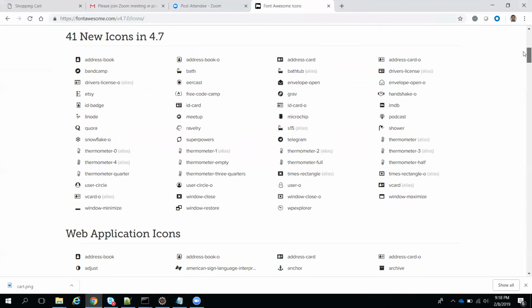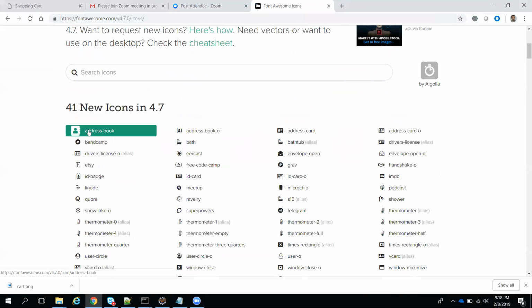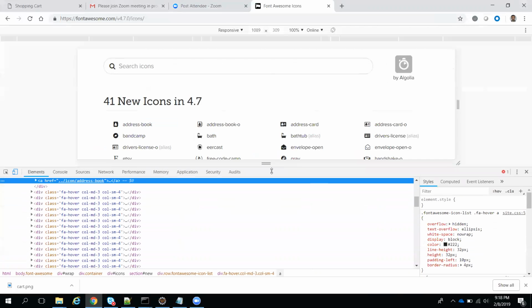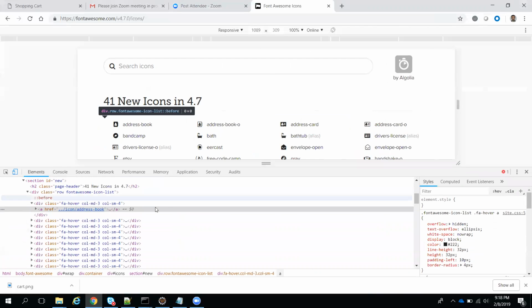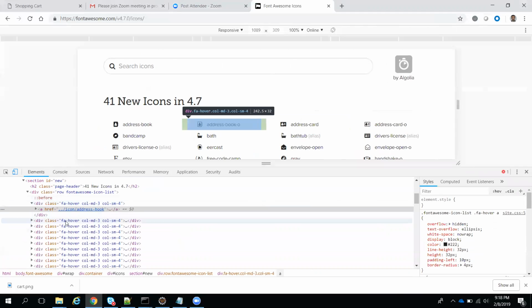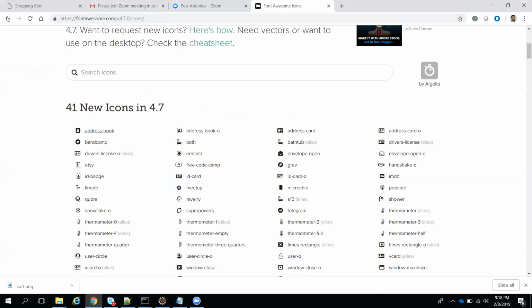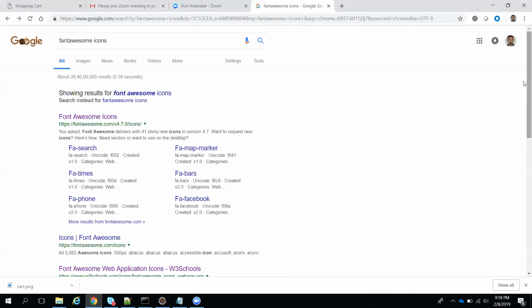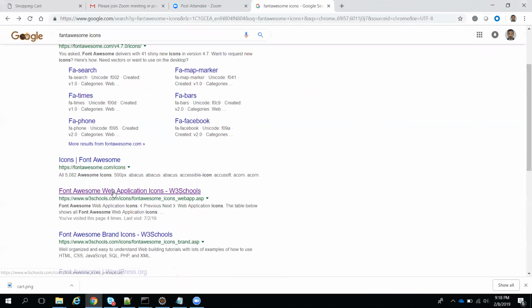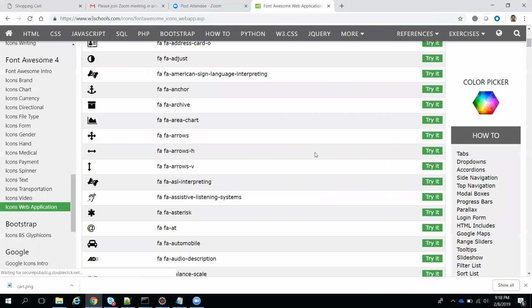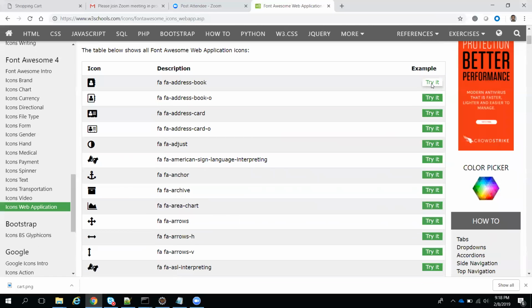If you want to get one, for example, I want to use this profile icon. If you inspect the element, there is a CSS class for this. You can check here. You can search a different way too, wait, I will tell you. Icons, see, W3Schools itself has this one. See, these are the icons. If you click on any, you can try those things. If you click on Try,